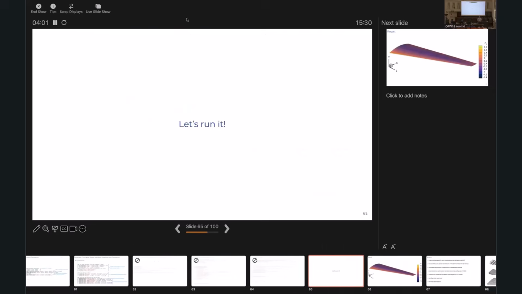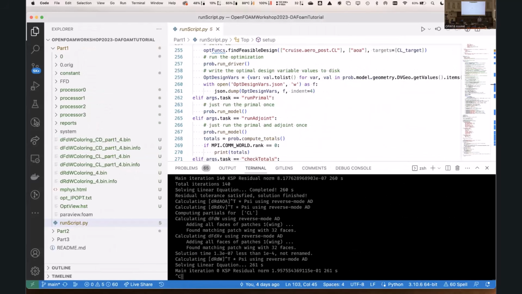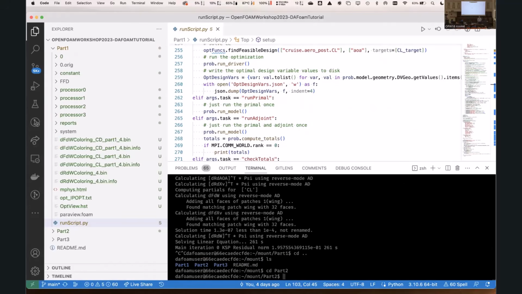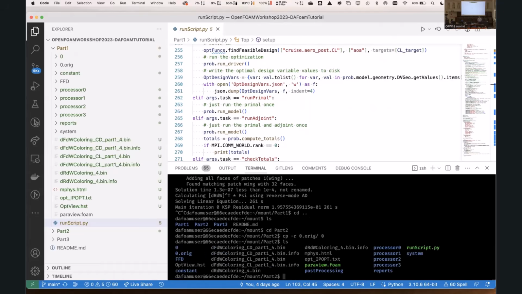So let's go ahead and run this case. And this case, unfortunately, takes a few hours to run. I actually ran it last night. It is a full 4 hours, but you can navigate to part 2 of the tutorial if you'd like to follow along. You can again copy that 0 orig directory to set up the case. You'll notice here that I have some extra files. I have all the processor